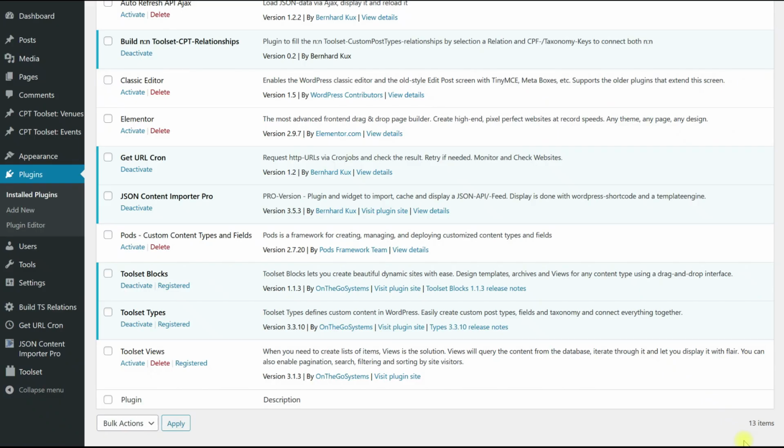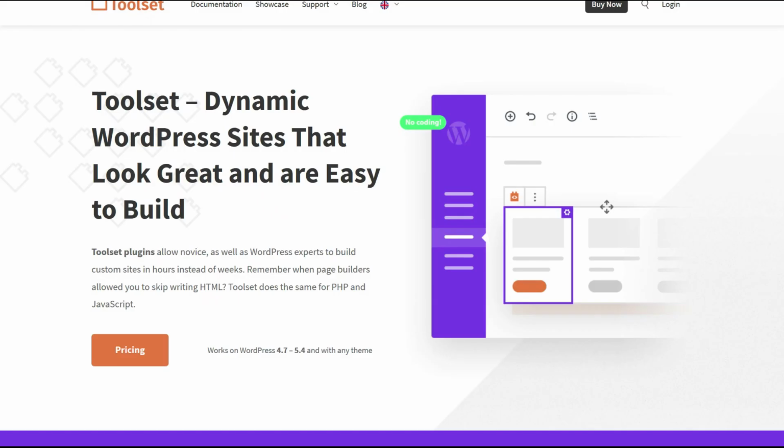What do you need for that? You need the JSON-Content-Importer Pro, at least in the version 3.5.3. You need the Toolset Blocks and Toolset Types plugins. These are plugins from the company called OnTheGoSystems. It's a toolset with plugins that you can use to put together the data from custom post types and custom posts for